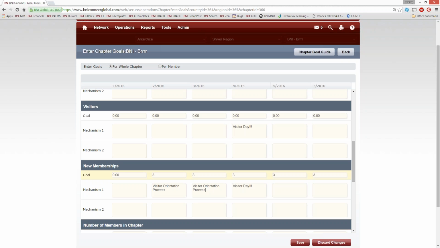everybody's conversion rate is a little bit different, but I'd say on average it's somewhere between 1 in 3 and 1 in 5. So somewhere between a 30% and a 20% conversion rate. So let's say that you are a 1 in 4 chapter, so a 25% conversion rate. We can just say, well, in order to get 3 new members, we're going to need 12 visitors next month because only 1 in 4 are joining. So we're going to carry that across: 12, 12, 12, 12.